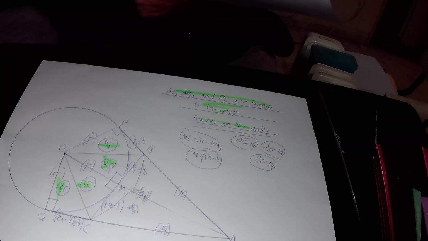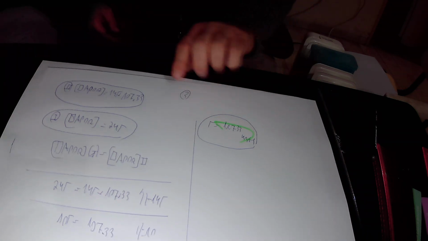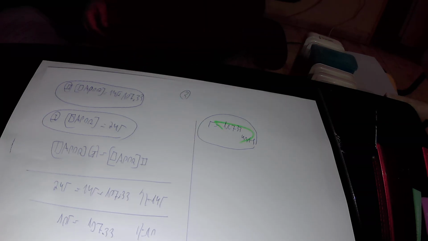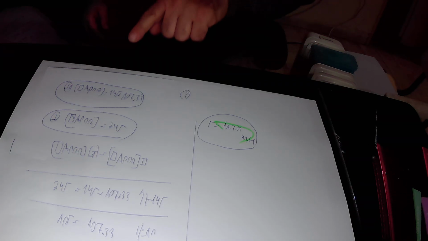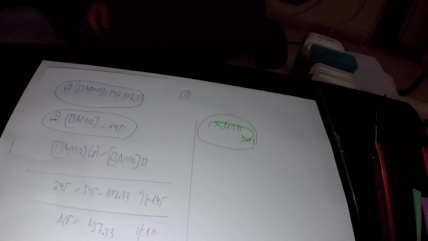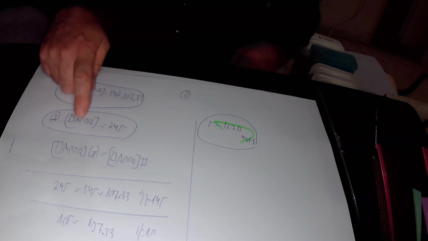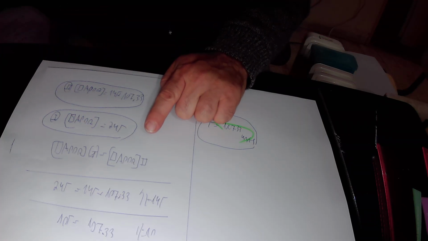Repeat again. The area of quadrilateral APOQ according to the second method of calculation equals 14R plus 107.33. But according to the first method of calculation, the same quadrilateral APOQ equals 24 times R square units in size. In the next step, we created an equation that states that the area of quadrilateral APOQ according to the first method of calculation